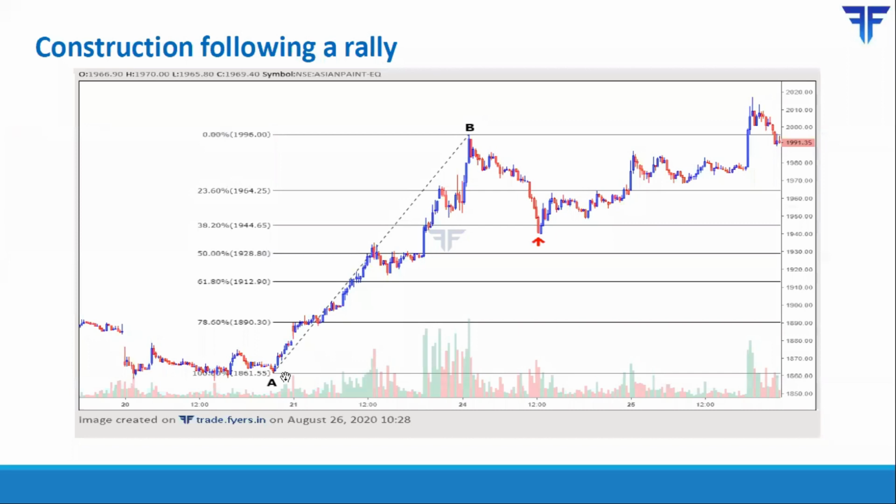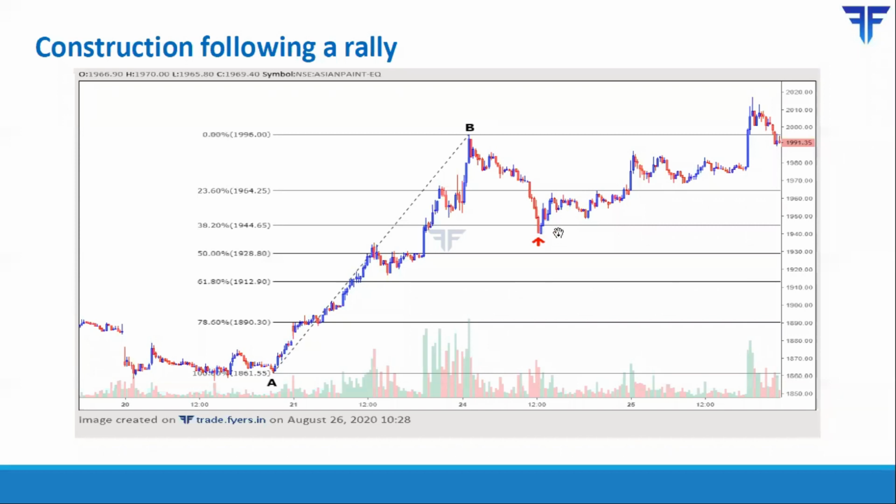Now that we have understood how to plot a Fibonacci retracement, let's see how the price is behaving. So once the retracement is plotted from point A to point B, these are the various support levels: 23.6, 38.2, and so on. The 23.6 Fibonacci was easily broken. Price did not take any support over there. So you shouldn't be looking to buy over here because price didn't take support at all. The 38.2% retracement was briefly broken. However, the selling pressure did not continue. In the following candles, as you see, price started recovering. So what that tells you is that the 38.2% is acting as an area of support.